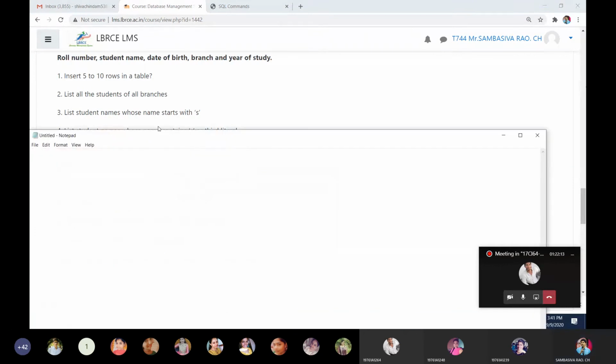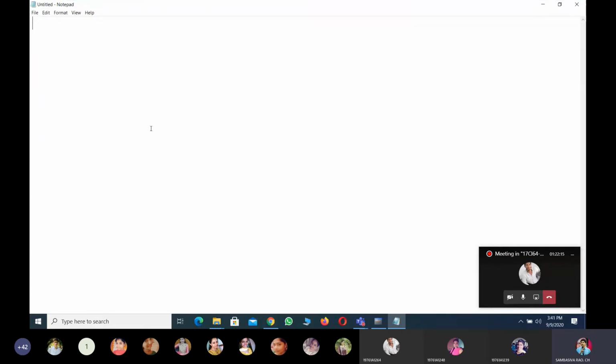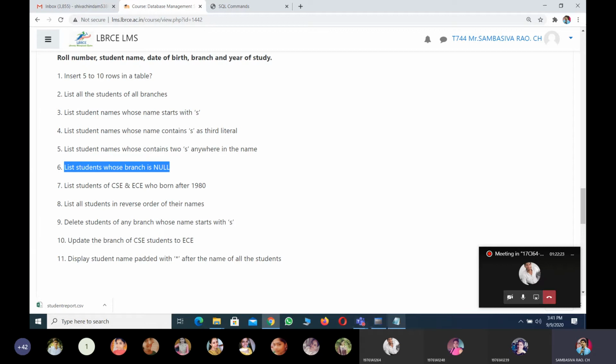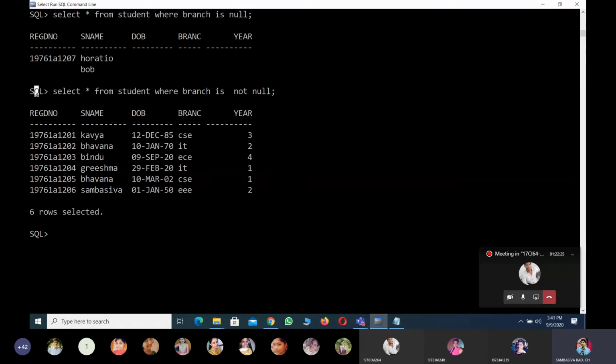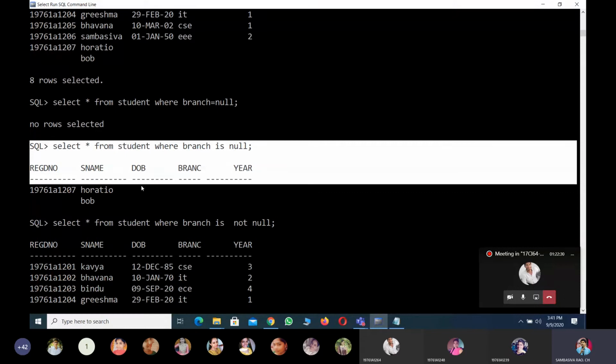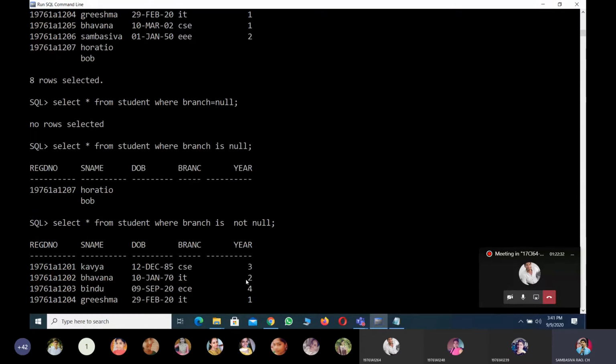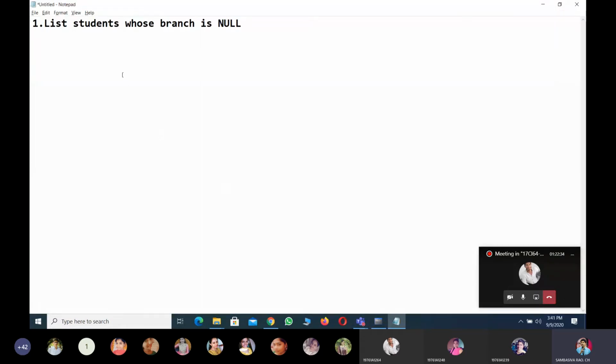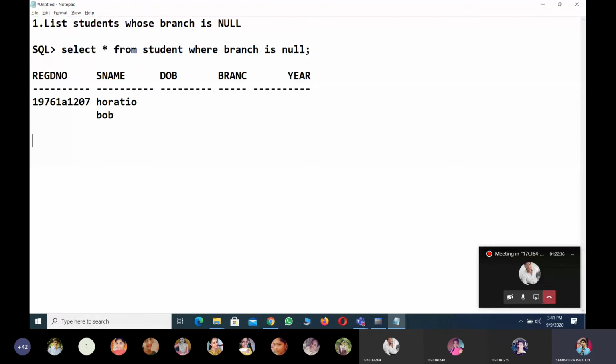Okay, so in the notepad, for example, this is question number 1, or 2, whatever it may be. Write down the question number and then the question. After that, write down whatever query we have, and this is the answer. Copy that statement and write down the query and answer. So that's the question, query, and then output.